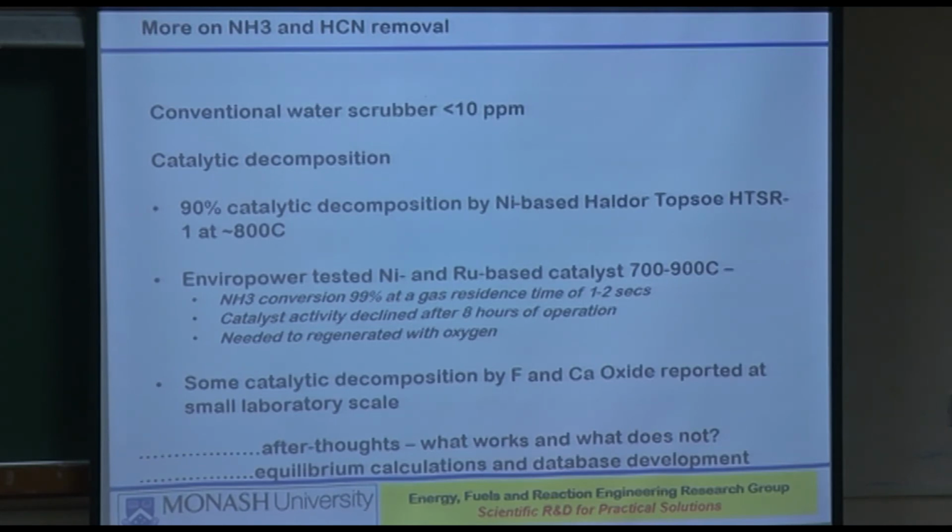The other one is the catalytic decomposition. Then the next one, in that, we have noted a nickel-based catalyst by a particular manufacturer, probably having a commercial name of HTS1. At 800 degrees, you can dissociate ammonia by 90%. Then there is another company which looked at a nickel ruthenium based catalyst at 700 to 900 degrees centigrade, and at a gas residence time of 1 to 2 seconds. And that's very important information. You usually don't find it. You can get 99% ammonia